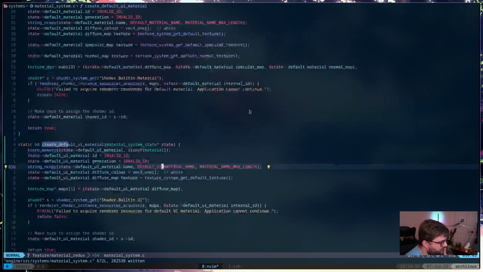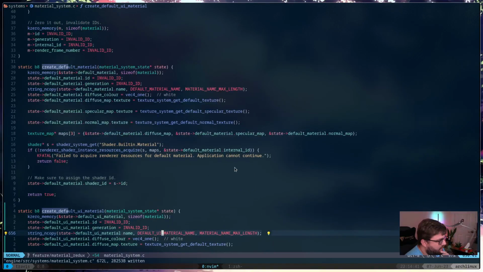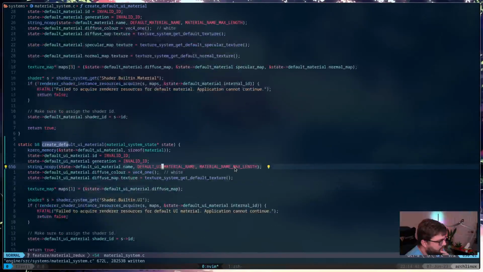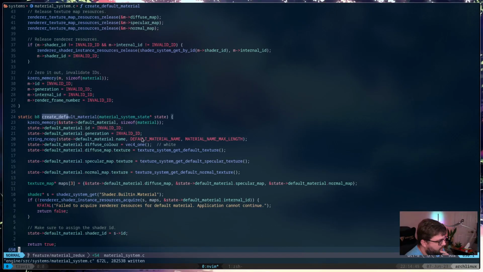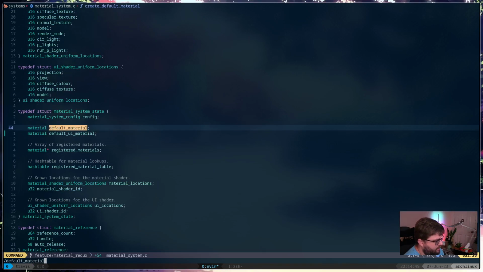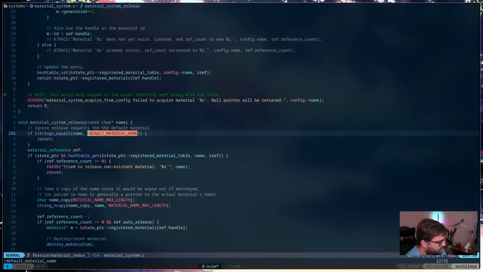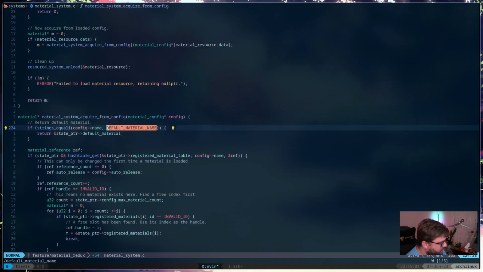Which I think is actually going to have other issues. Let's see. Material name. Acquiring from config. And releasing, I think, is also going to need to be adjusted.